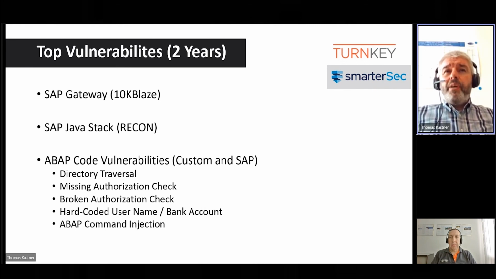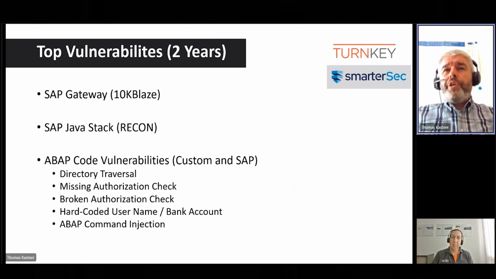10K Blaze affects the gateways on the ABAP stack, and on the SAP Java stack, there's Recon. That's the vulnerability allowing you, without user, without password, to break into your SAP system. That was recognized as a CVSS 10.